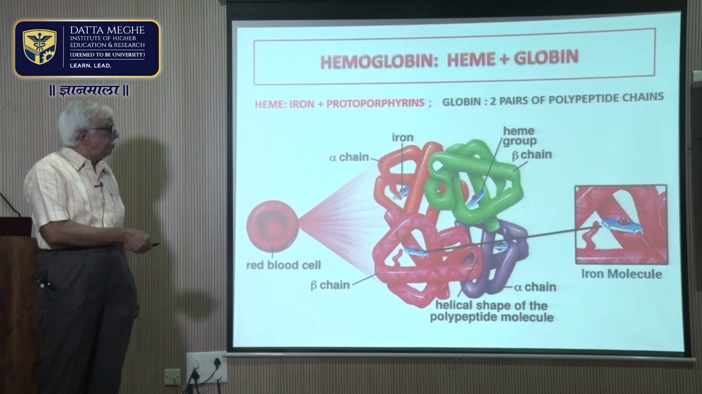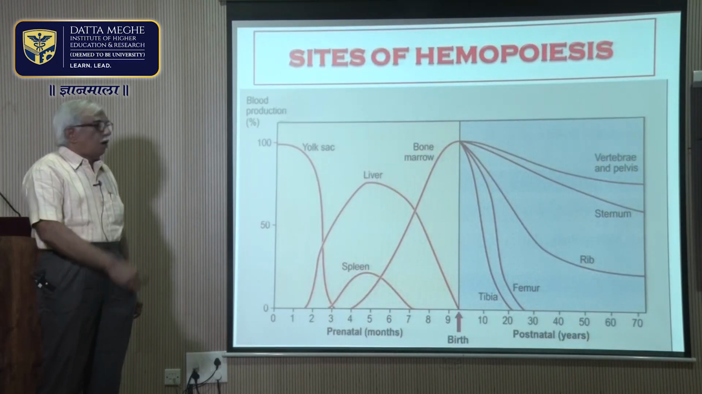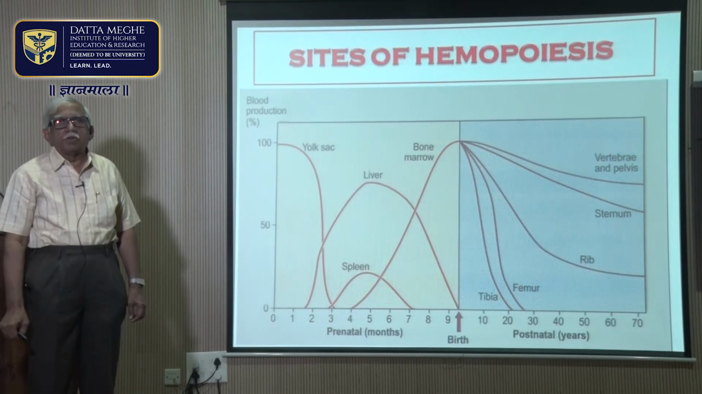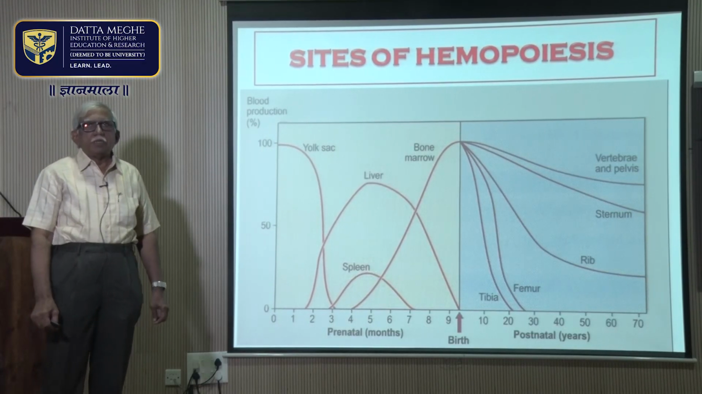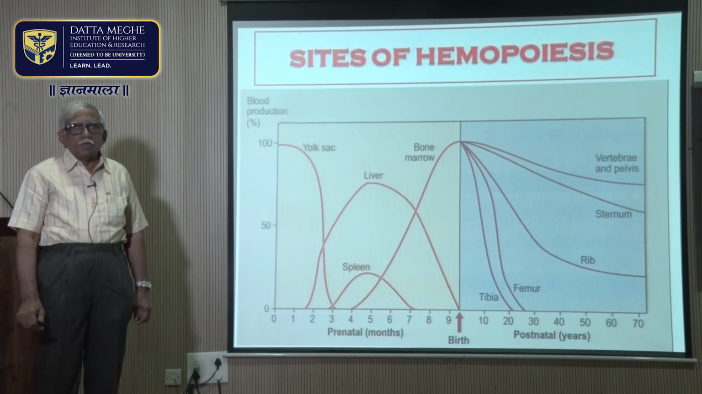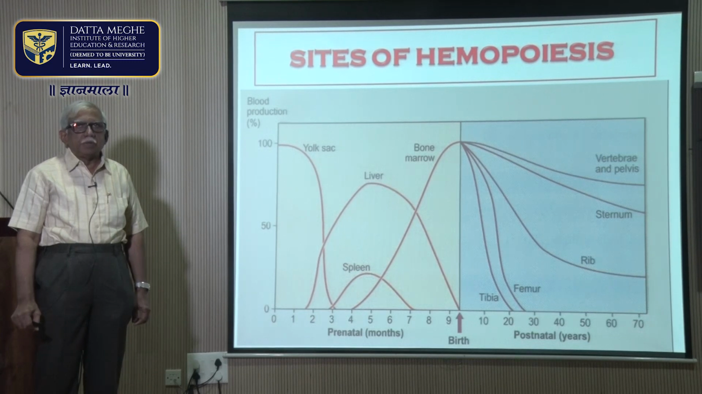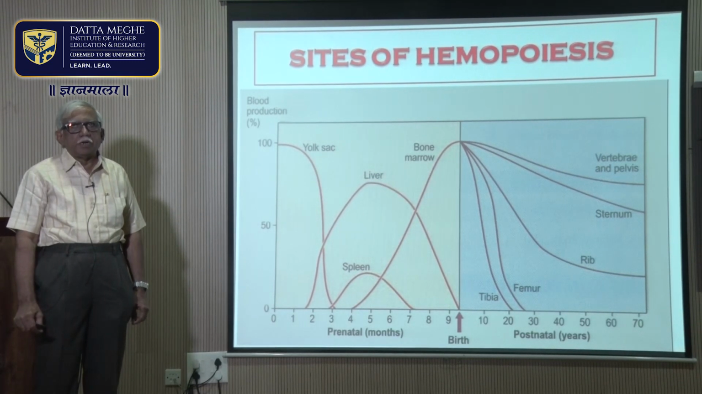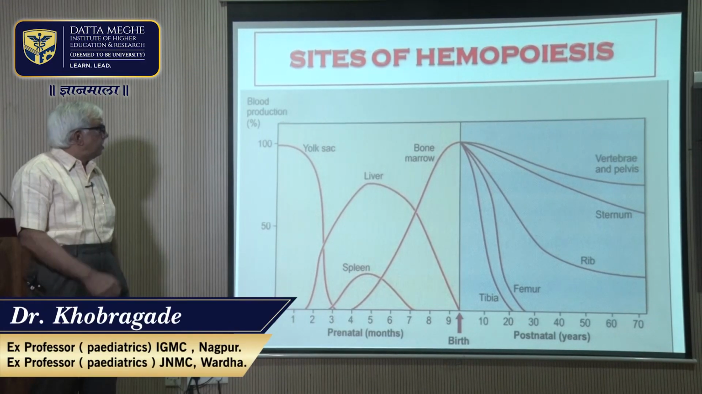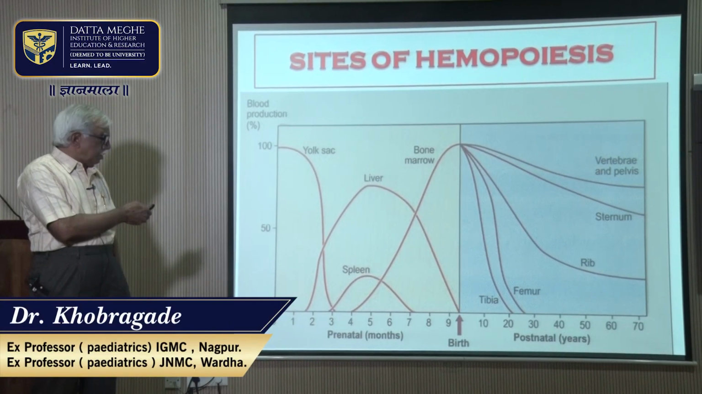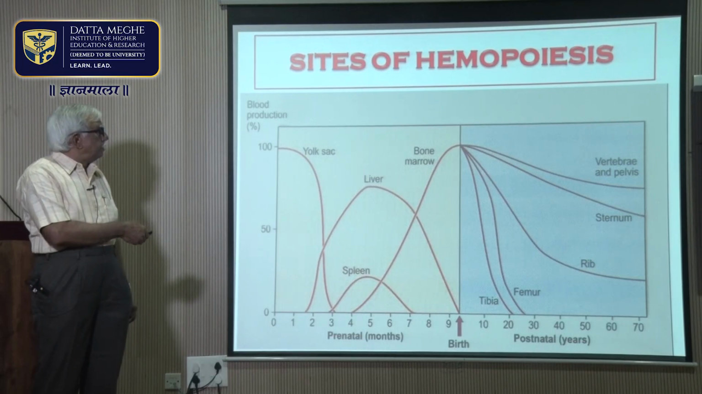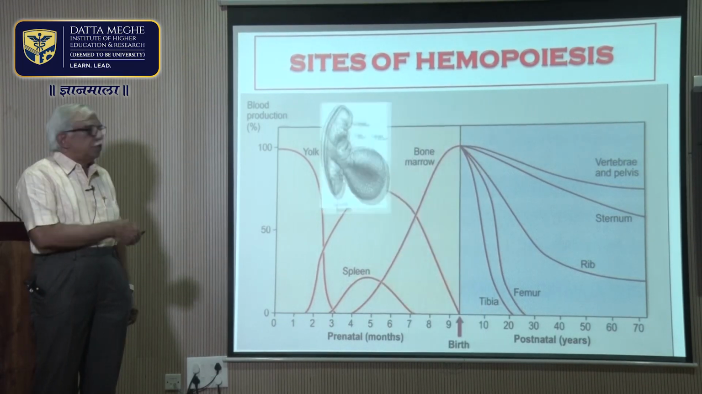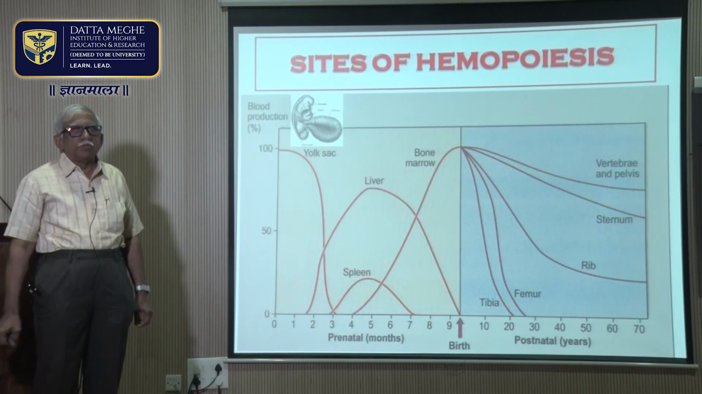Now, let us see how it is being produced. Hemoglobin is not a single molecule in the human being. It is of different types in embryonic life, in fetal life, as well as in adult life after delivery. During the embryonic period, the yolk sac is the site of production of this hemoglobin,